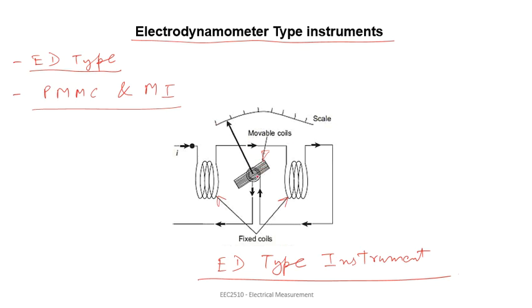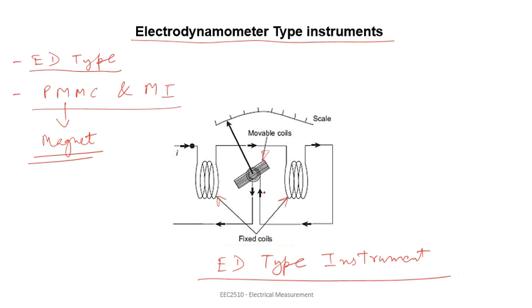If you compare this circuit with that of the PMMC type instrument, you can see that the major difference is that two magnetic field coils are substituted in place of a permanent magnet. You know that in PMMC type instrument we have a magnet and a coil arrangement, that is the magnetic field is being produced by that permanent magnet. So that permanent magnet is being replaced here in electrodynamometer type by these two field coils.